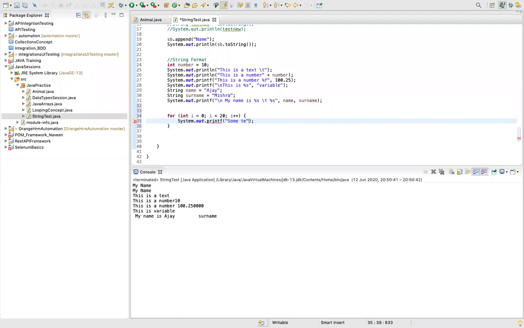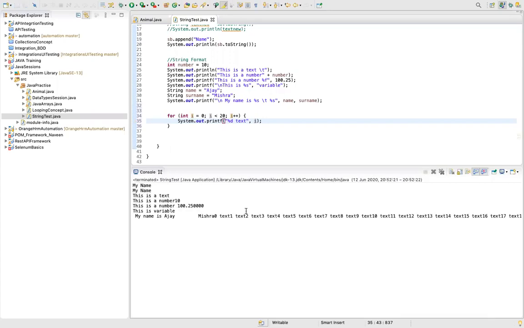Let's say this is some text. And here I'll print %d, which is for your number, and text. And here I'll pass the value of i. Let's see what is printing.